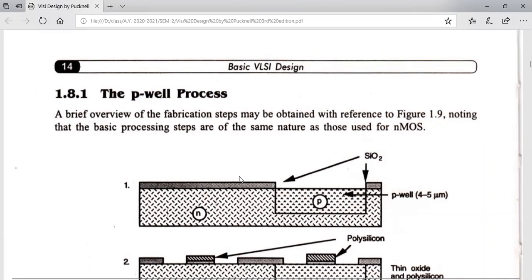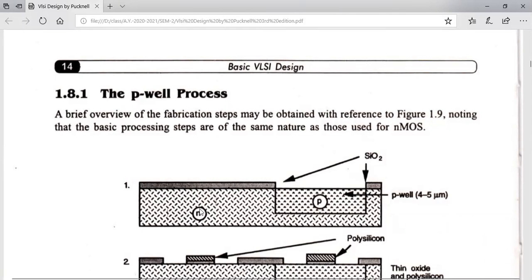So for the CMOS, first I am having a silicon wafer, which is a little bit bigger in size compared to the previous one. Bigger in the sense that within the same amount of area only, we have to accommodate more transistors. We have to design two transistors: one should be of N type and another one should be of P type.